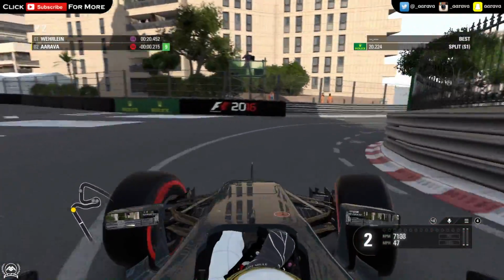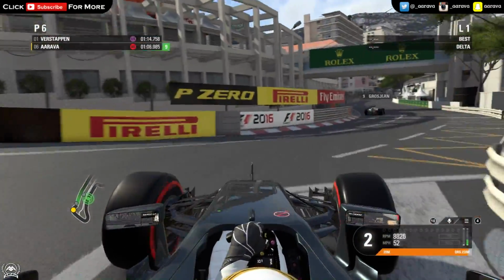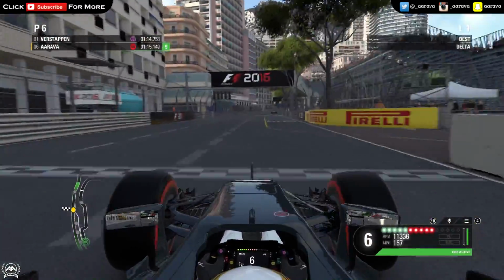As of course, the new rule in Formula 1 is you start on the Q2 tyre, the tyre you do the Q2 lap in, if you get into Q3, that is. So we're going to try and do that. We come across the last corner. Hopefully we can do this, because this could open us up to a very nice strategy call of maybe a